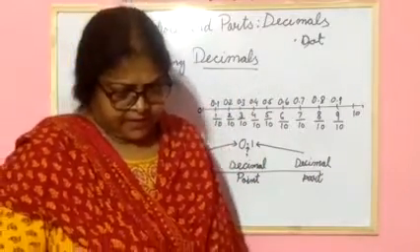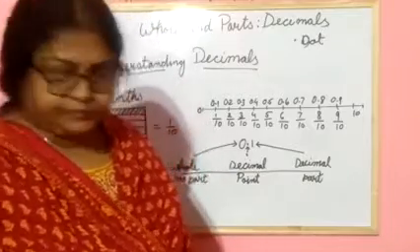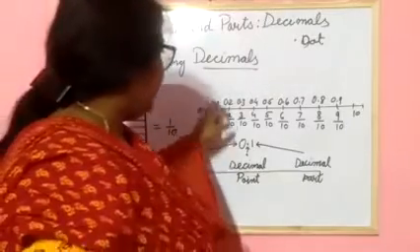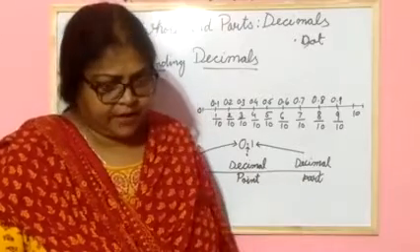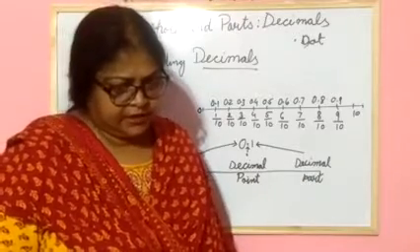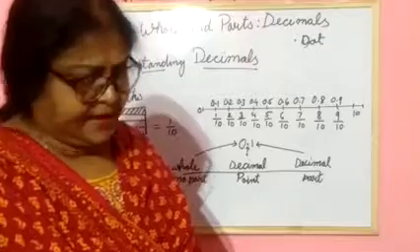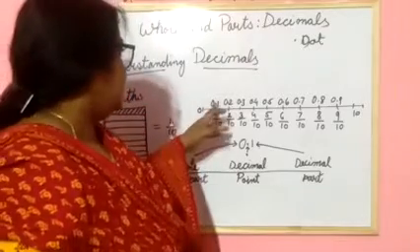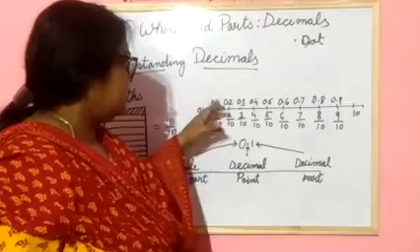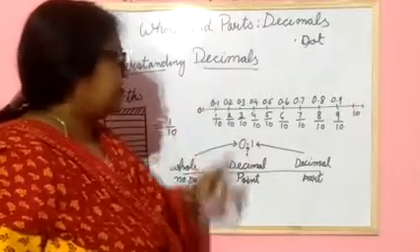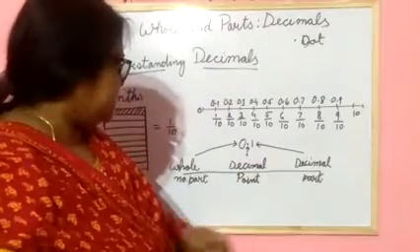So after that, this is the form, you have changed this into decimal. Now what is a decimal point? The dot in the decimal number is called the decimal point. What is the decimal point? This is the dot. The dot in the decimal number is known as the decimal point.